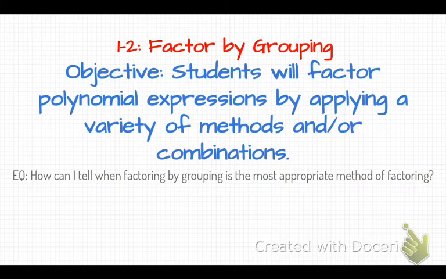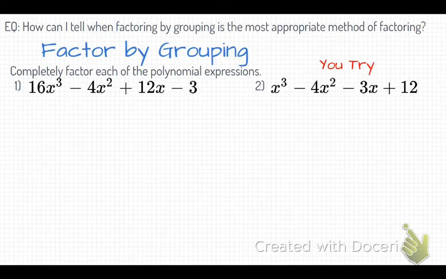Okay, we're factoring by grouping today. Last year and a few weeks ago, we factored quadratics. In IM3 now, we're going to be factoring cubics. So if we look at our first example, I have a cubic polynomial, 16x cubed minus 4x squared plus 12x